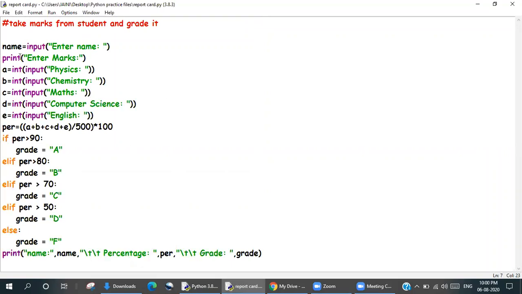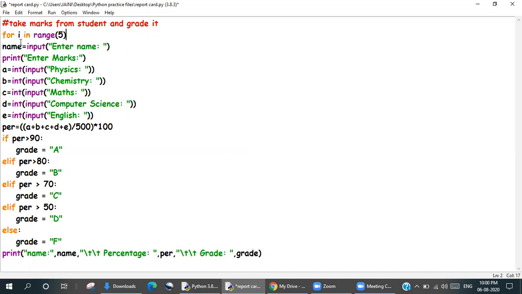So this was my if-elif program that I had done, and we had done only one. Now what I'm going to do is put a for loop right above this and say for i in range 5.